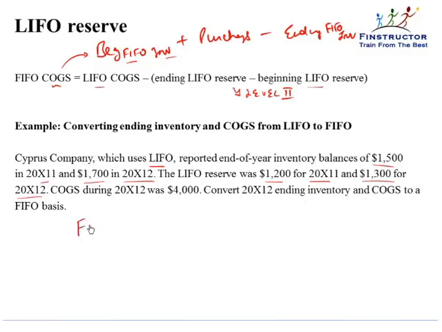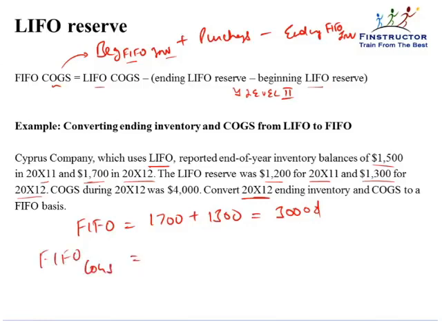So the FIFO inventory would be the LIFO inventory, that is $1,700 in 2012, plus the ending LIFO reserve, that was $1,300. Companies using LIFO need to report the LIFO reserve, which when added to the LIFO inventory gives me FIFO inventory, which in this case is $3,000. Similarly, I can compute the FIFO cost of goods sold as the LIFO cost of goods sold, given to be $4,000, minus the ending LIFO reserve of $1,300, plus the beginning LIFO reserve of $1,200. So the cost of goods sold would be $3,900 had the company followed the